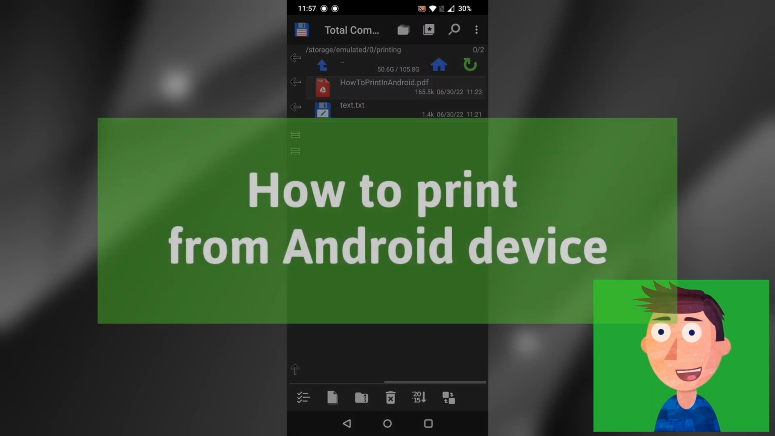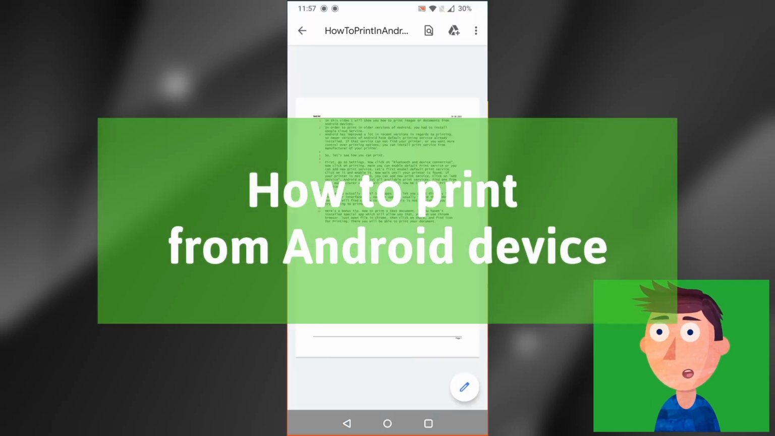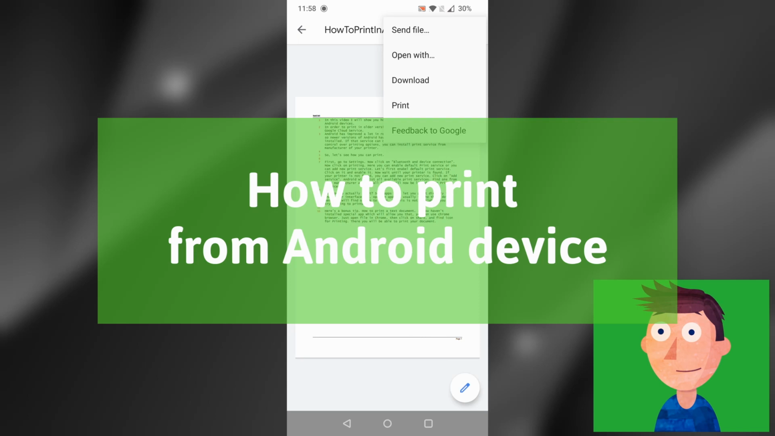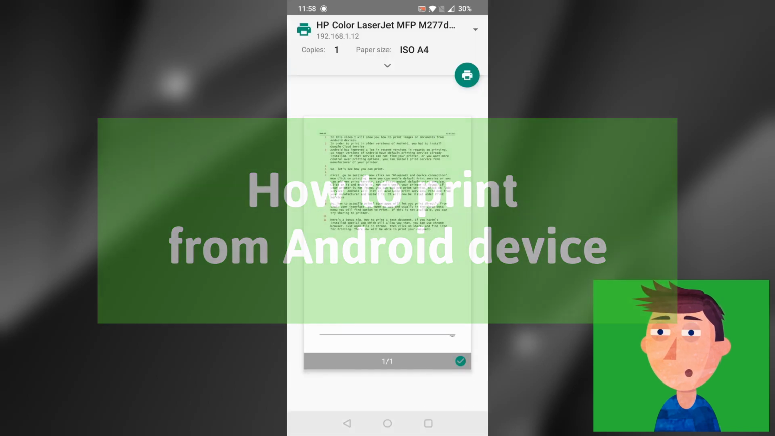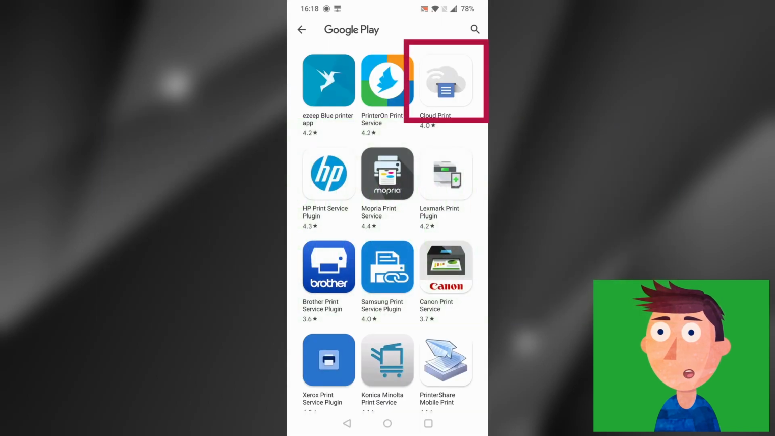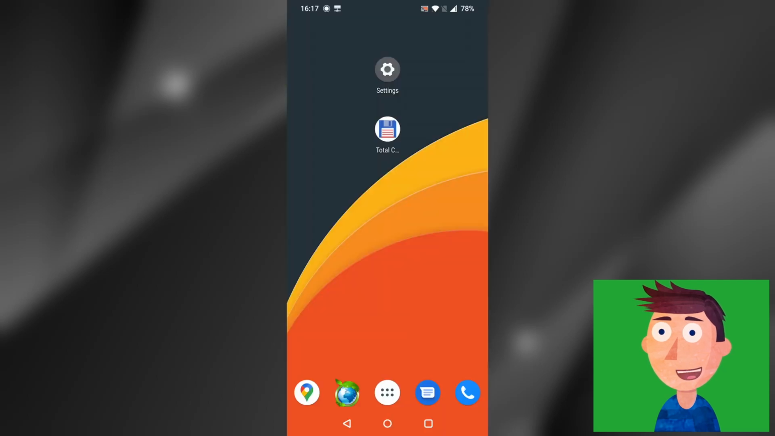In this video I will show you how to print images or documents from Android devices. In order to print in older versions of Android, you had to install Google Cloud Service. Android has improved a lot in recent versions in regards to printing, so newer versions of Android have default printing